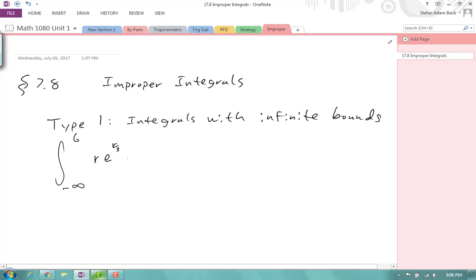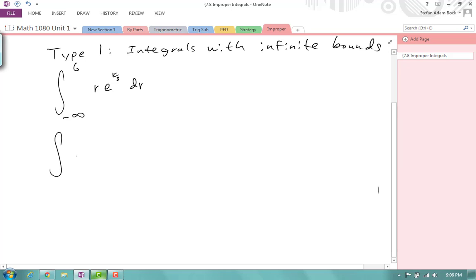I could do a bunch of work to find out what this antiderivative is. So I'll do that without the bound notation. The integral of r e to the r over 3 dr. I would have to do integration by parts for that. So I'm going to say that u equals r, which means the du is equal to dr, so that's gone. And the dv is equal to e to the r over 3 dr,